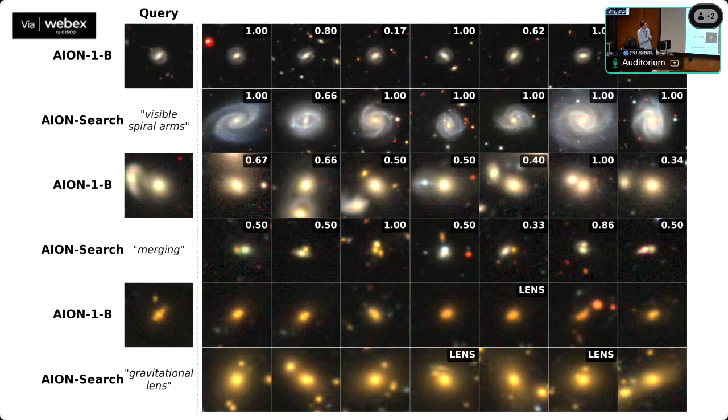How many of them actually have visible spiral arms according to the fraction of Galaxy Zoo volunteers who voted that they had visible spiral arms? We can compare this to image similarity search, which is another way to search these data sets without training anything. If you have a way to embed an image, you can find the most similar images.